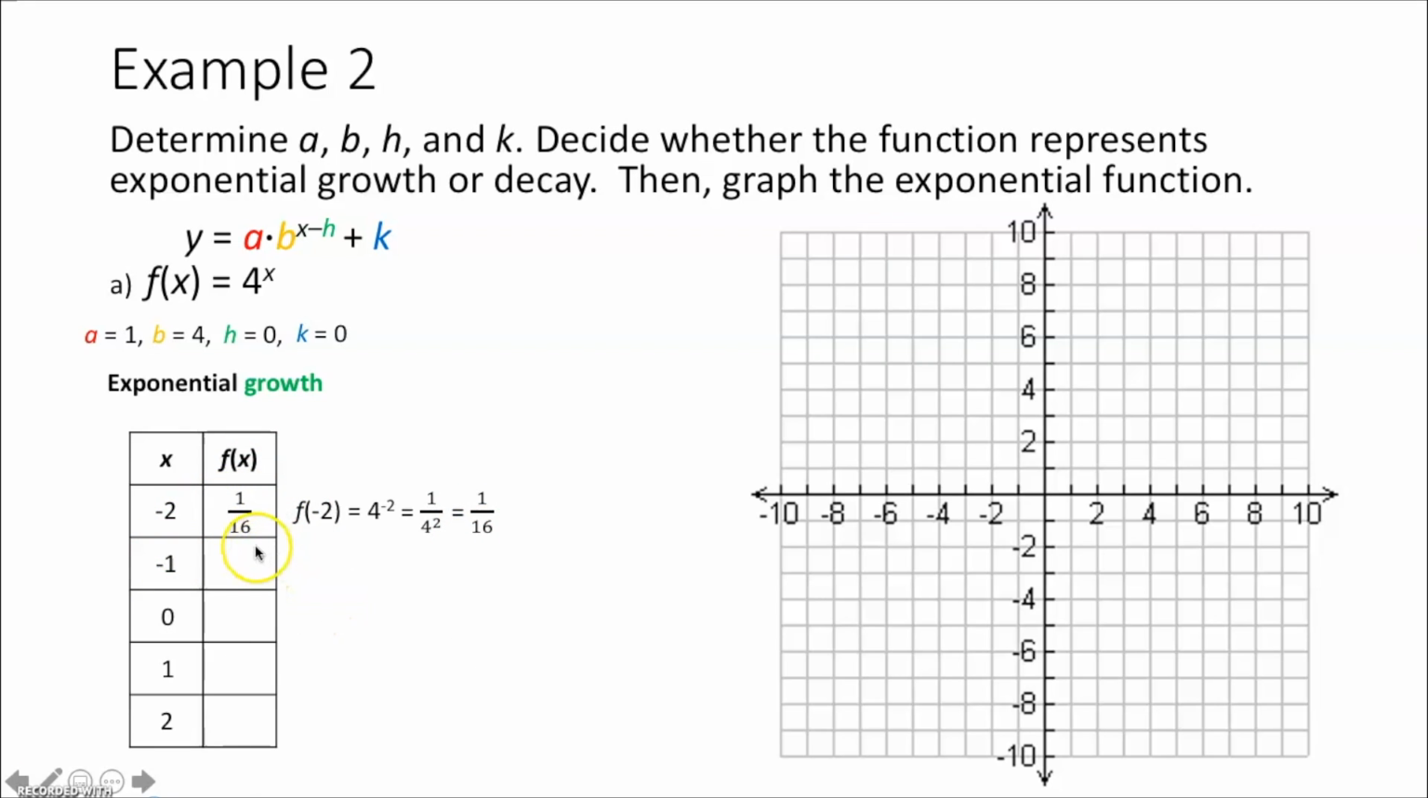We then go over to our graph and graph the point -2, 1/16. So -2, 1/16 is just a little bit above the x-axis, so it's going to be somewhere right there. -1, we plug that into the function. So f of -1,